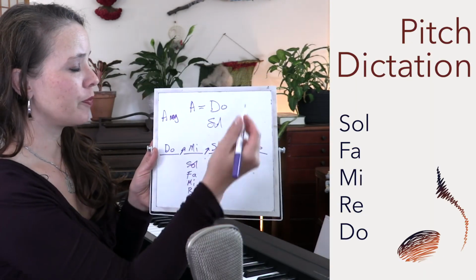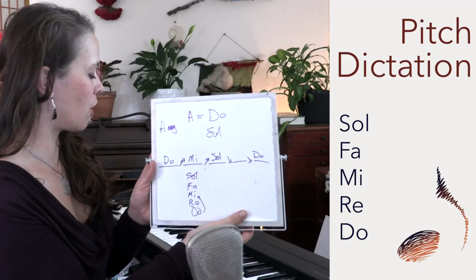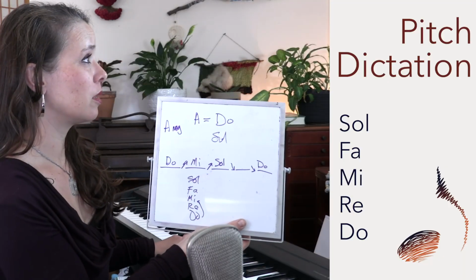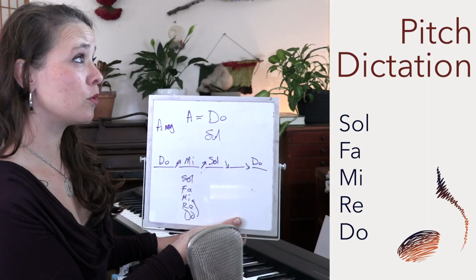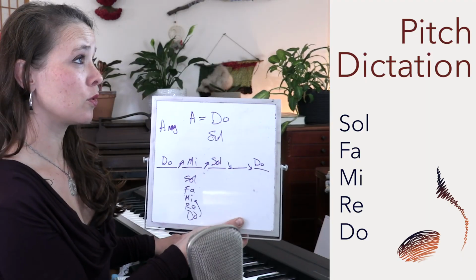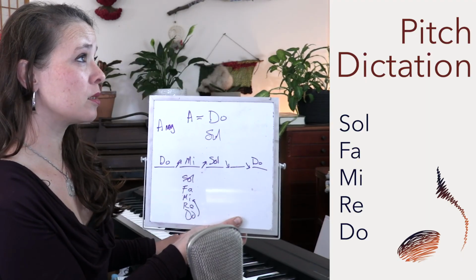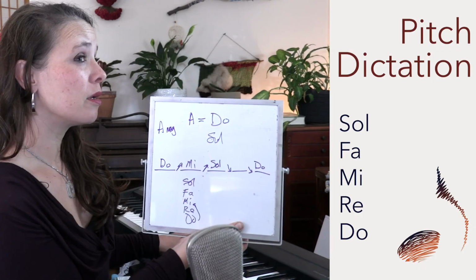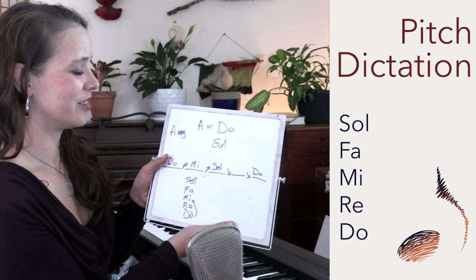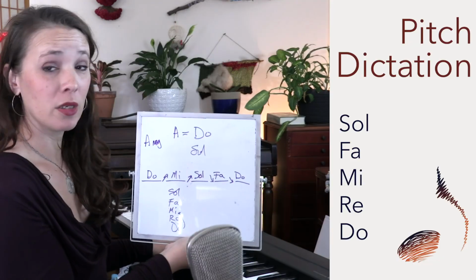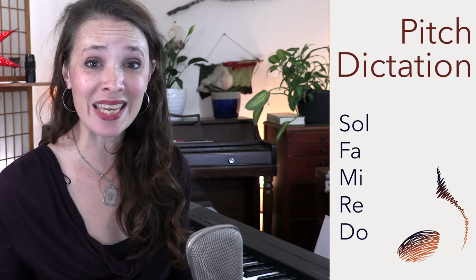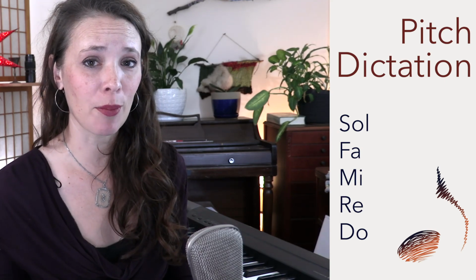Do, mi, sol, and then you're going to come down. Are we skipping or stepping down? Do, mi, sol, fa, stepping down, and then down to do. Do. Okay, let's try one in minor so that mi in the middle of the pentachord becomes me